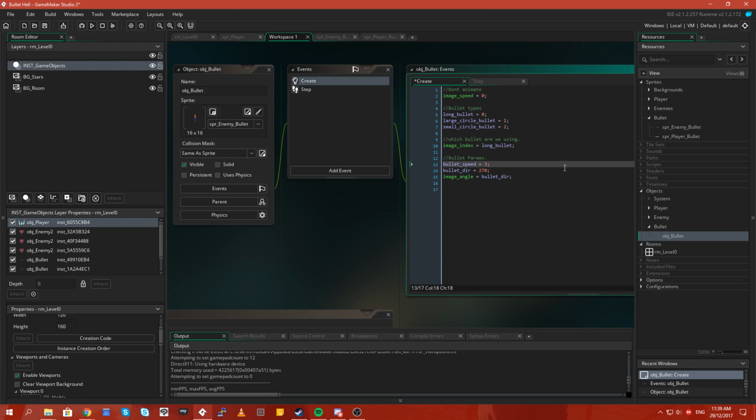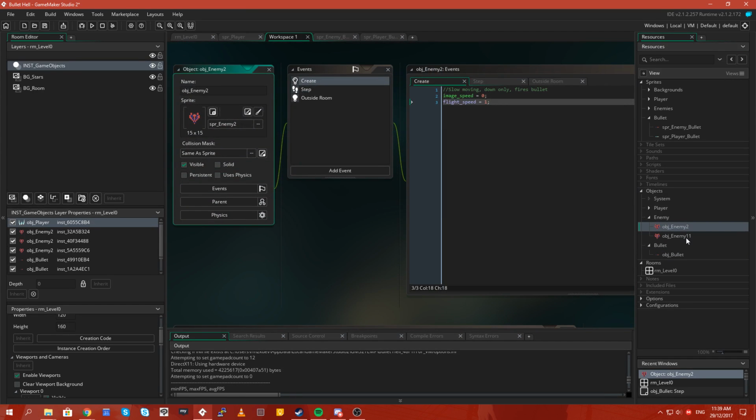All right. So we have bullets facing down. They are moving towards the player. Now we need to... What are we doing next? We need our second level enemy to fire those bullets. So our first enemy was called...